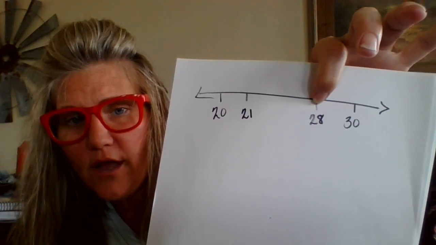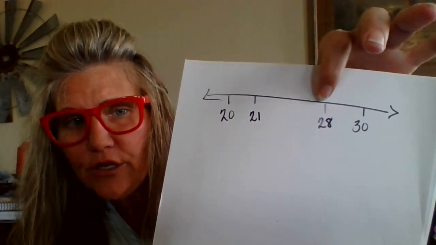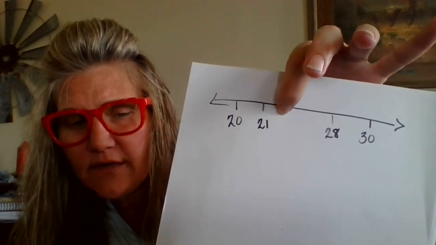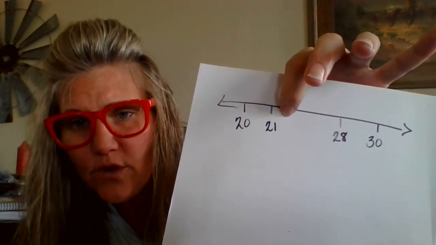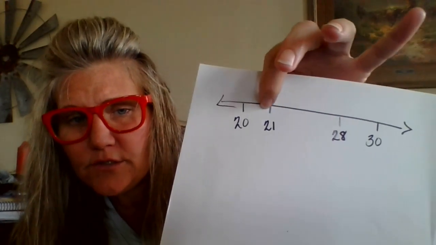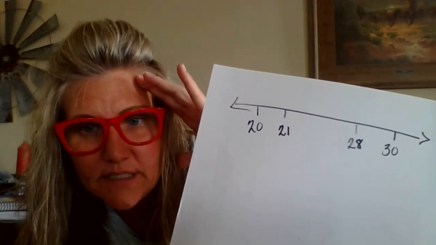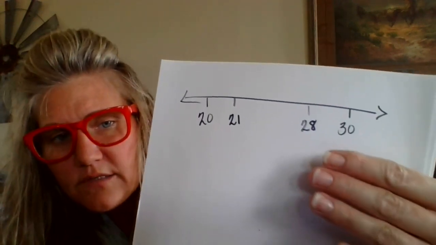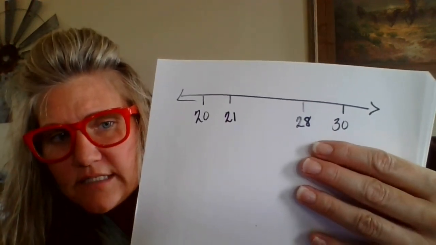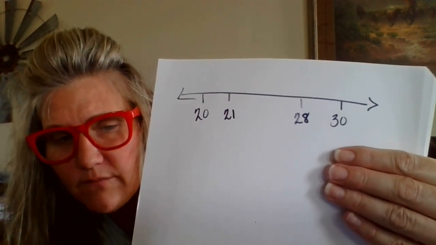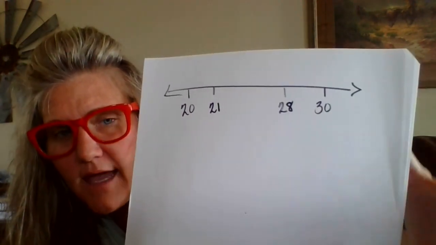Well, if you were to go to 20, you would have to do 27, 26, 25, 24, 23, 22, 21, 20. That's a lot more than 2 hops, isn't it? So if you were to round 28 to the nearest tens, that would be closer to 30. Okay, now,